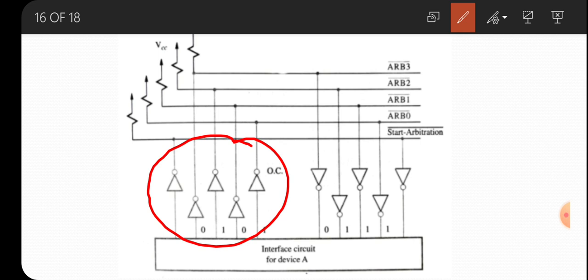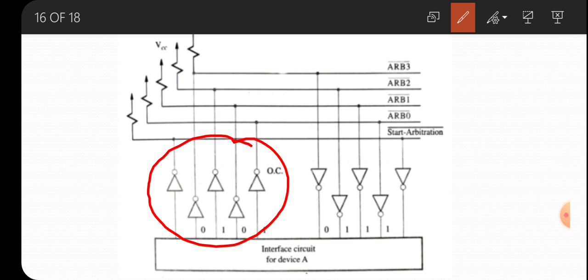Then it has 4 other lines which correspond to the binary bits of its ID number. The ID number of device A is 5, so its binary is 0101. These bits are connected to the arbitration lines ARB0 to ARB3. This is the left part.